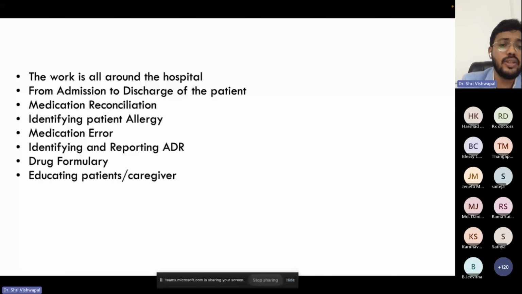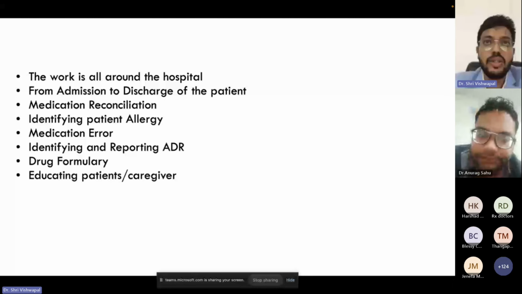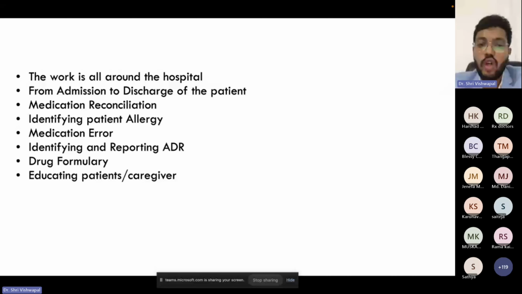So educating patients and caregivers. Educating regarding the medication they are taking is very much important, because this generation of people are nonchalant about the medication. They don't take medication, they skip medications, because of their job profile. So it is very much important to stress the importance of medication. And if they're going to experience any kind of adverse effect because of that medication, it should also be said,